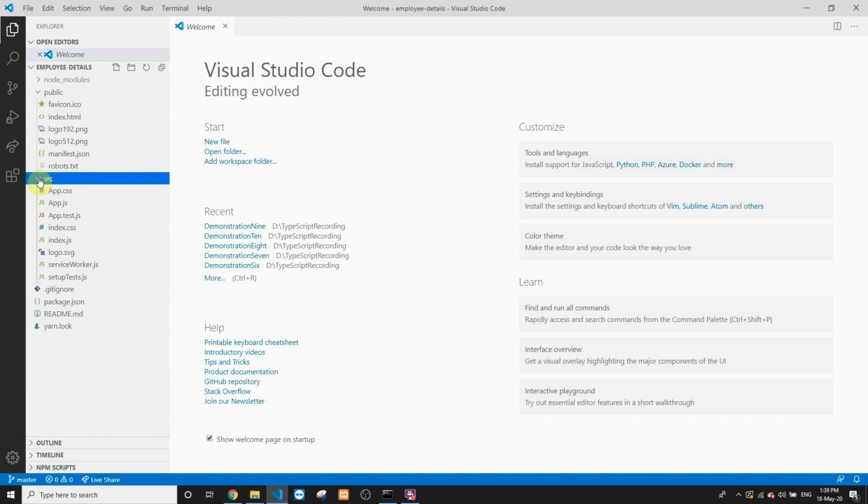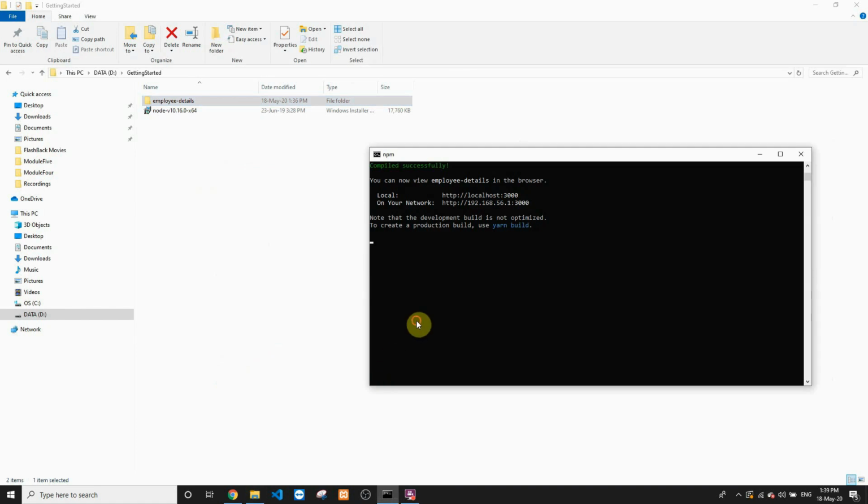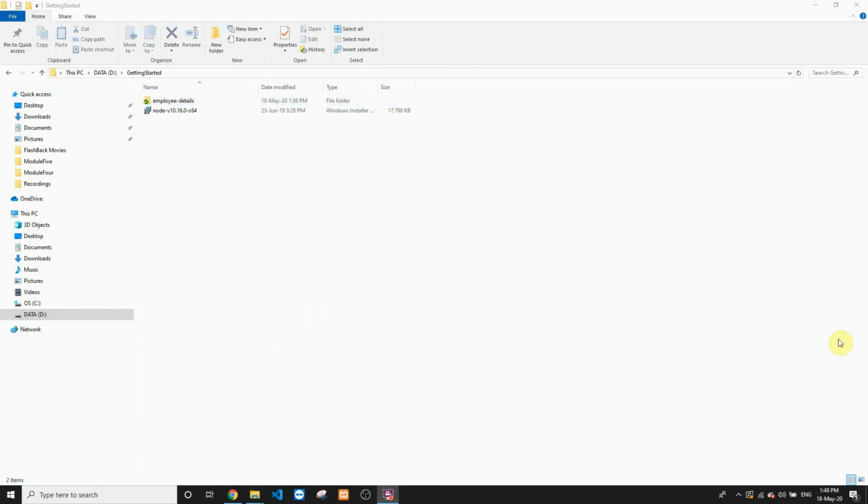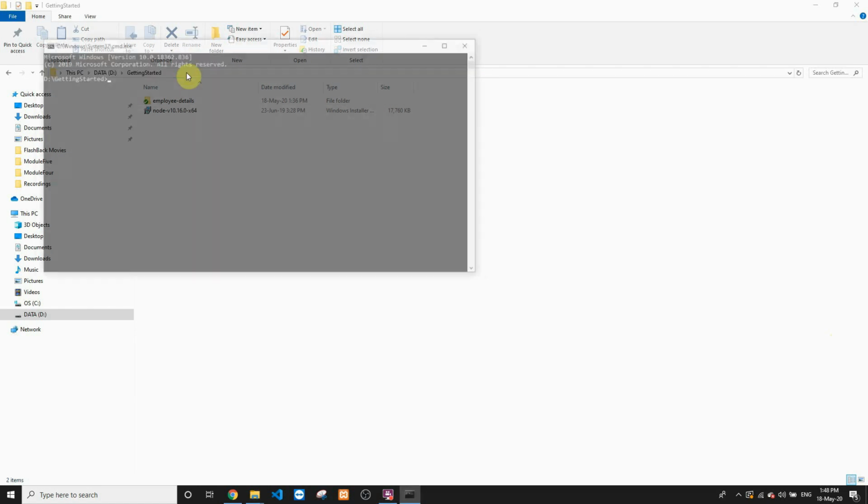What we need to do next is create another project which works with TypeScript files. We need to have some TS files over here in order to execute our application. Rather than coding in JavaScript, we'll be using TypeScript. So let's close this project and stop it from the command prompt. Next, we need to create another project which contains TypeScript code. In order to create a TypeScript project now, we'll go to the command prompt.